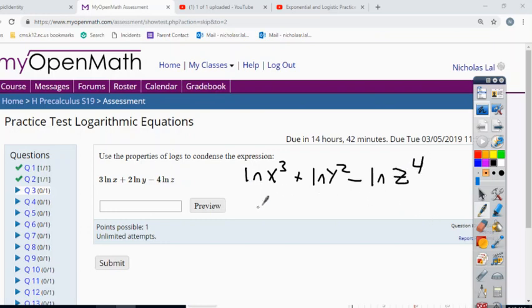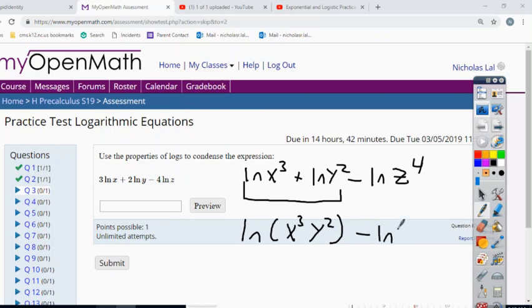Now to condense our logarithms, we group from left to right. So first we find the natural log of x cubed plus the natural log of y squared. When you add logarithms of the same base, use the product rule to rewrite this as the natural log of x cubed times y squared,